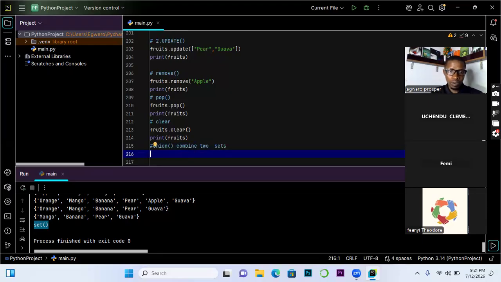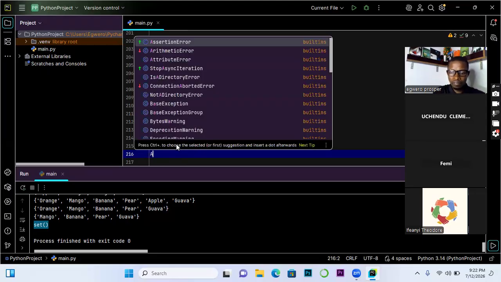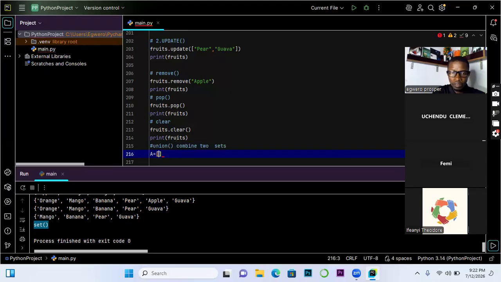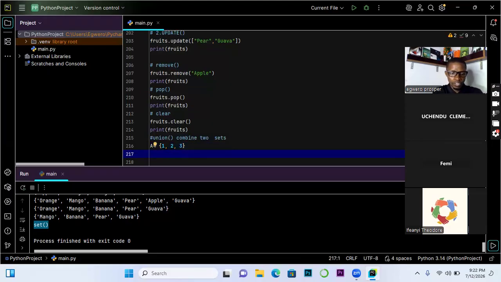All right, so I will just create two sets. Let's say the first set is A, for example, and it has values. Let me try and work with values that will make sense with what we want to learn. So this is the first set. Then I have the second set. The second set has 3, 4, 5.